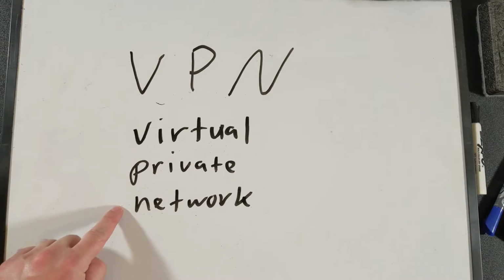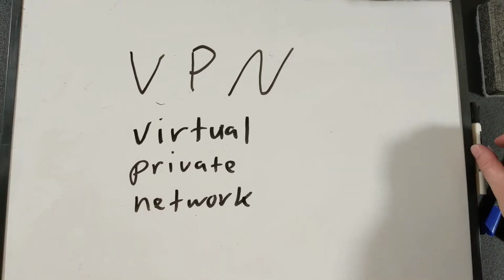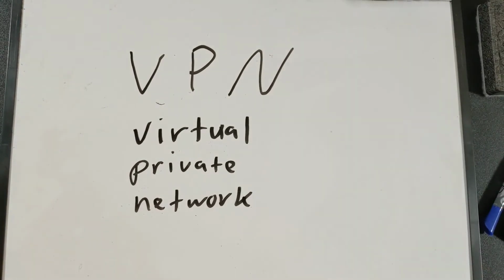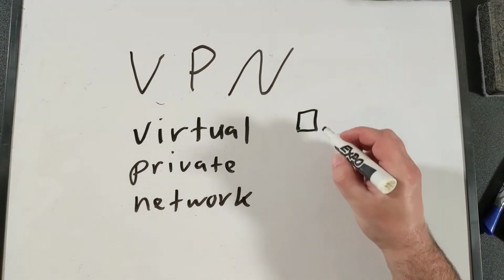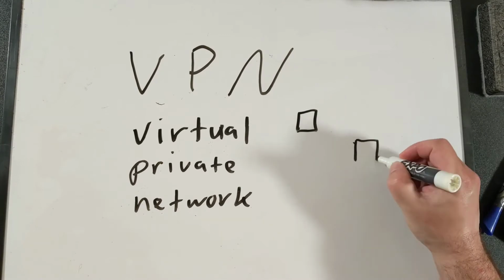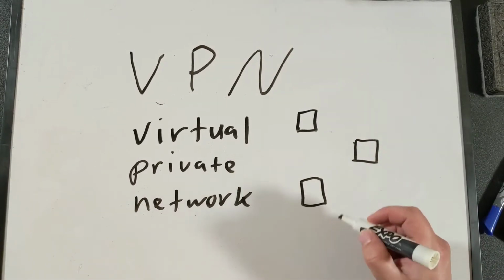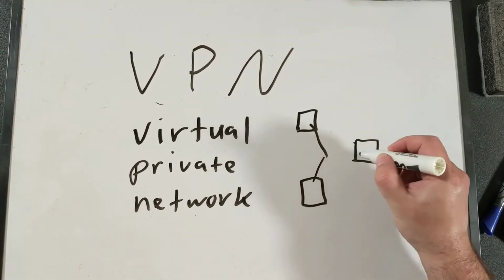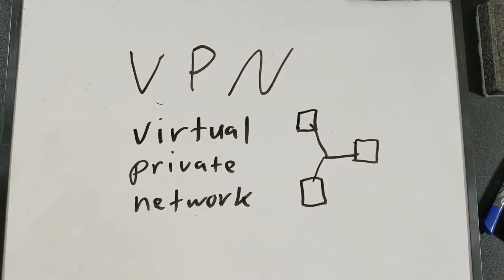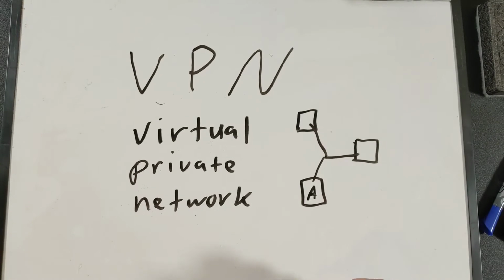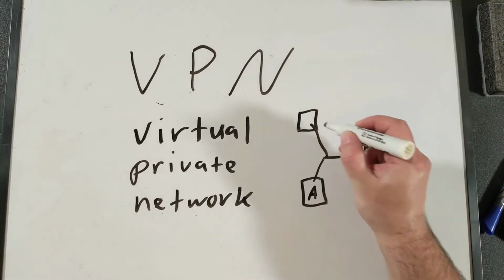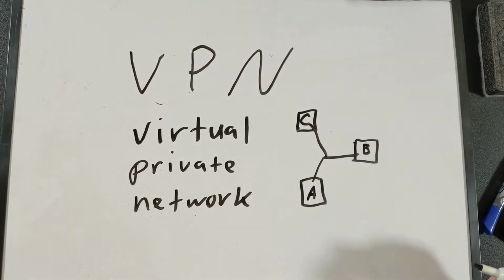A network is a collection of computers that are hooked together so that software on the computers can talk to each other. So frequently we'll draw that something like this. We have some computers. In this case, we have 3 of them, and the 3 computers are somehow connected together so that if we have software running on computer A, and that software wants to send a message to computer B or computer C, it can go ahead and do that.